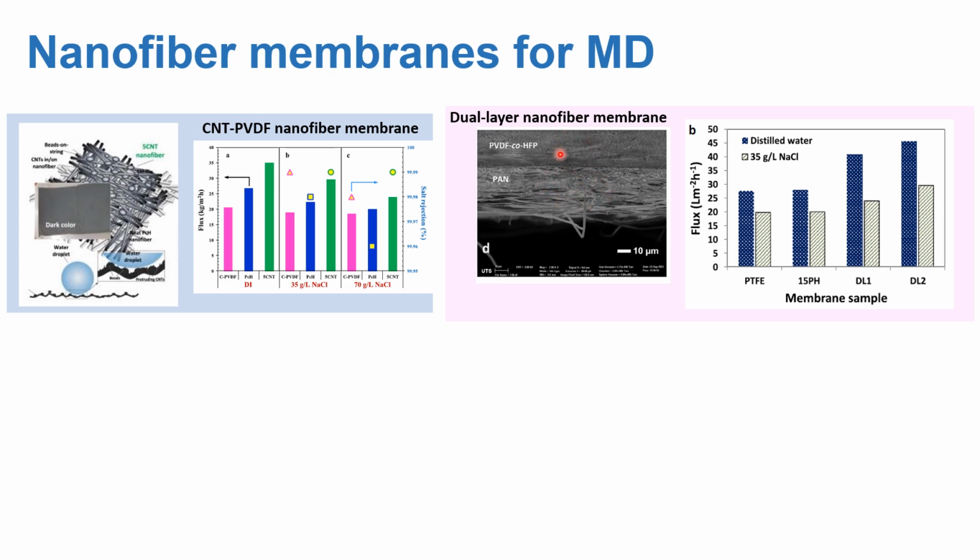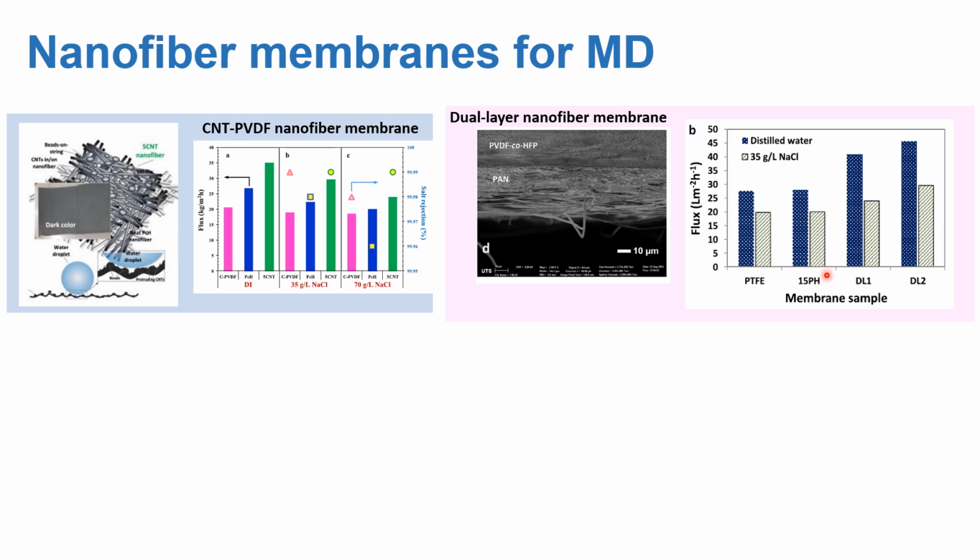So in this case, there's a hydrophobic layer and a hydrophilic layer, and because of the thickness change of this membrane, the mass flux of membrane distillation is increasing, so we can also control the mass transfer from the feed side towards the permeate side. And we tested it with two kinds of feed water: 35 grams per liter of sodium chloride solution, as well as distilled water.